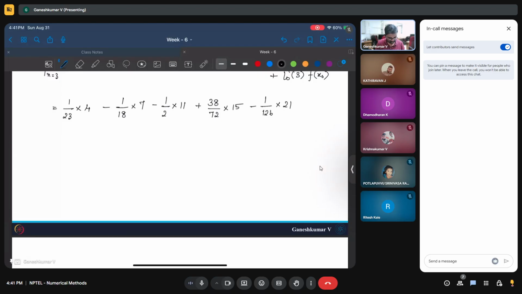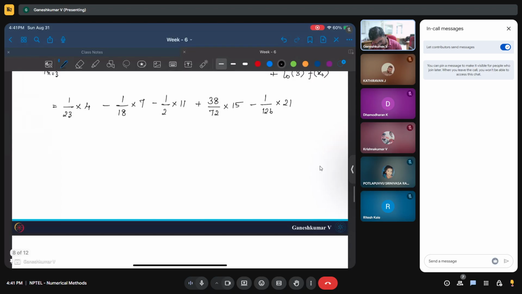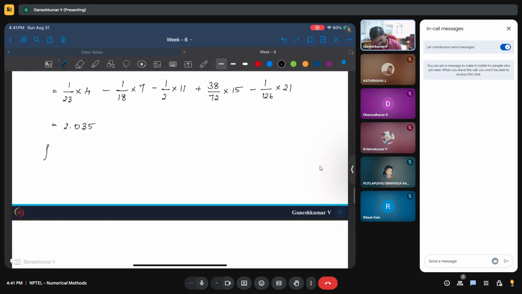So 4 by 23 minus 7 by 18 minus 11 by 2 plus 38 into 15 by 72 minus 21 by 126. I am getting something like 2.035. So basically f dash of 0.3 is